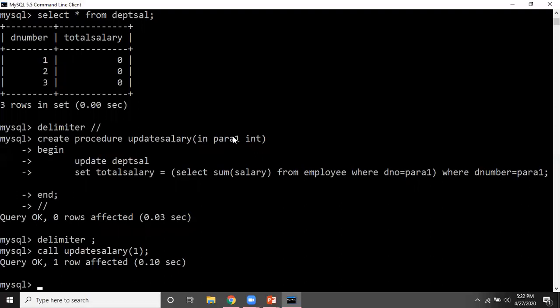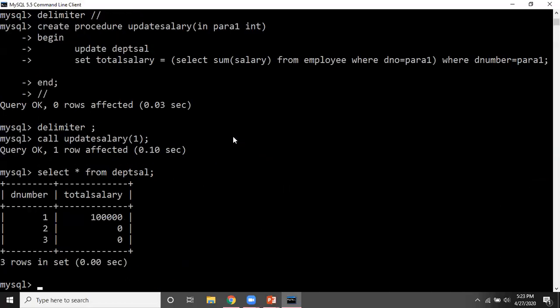So as you can see, query okay, one row affected. Let's see how it is affected. So select star from DPT salary. Fine. This is my new table where I'm doing the update. So as you can see, 1 lakh is coming. How is 1 lakh coming?